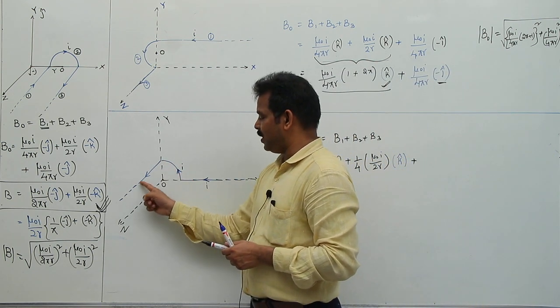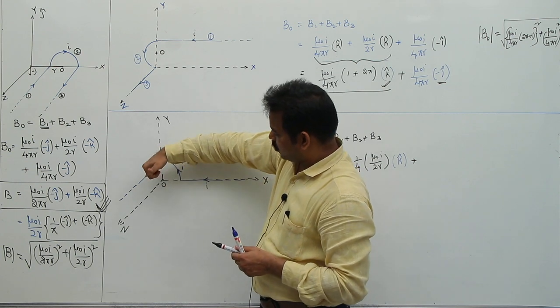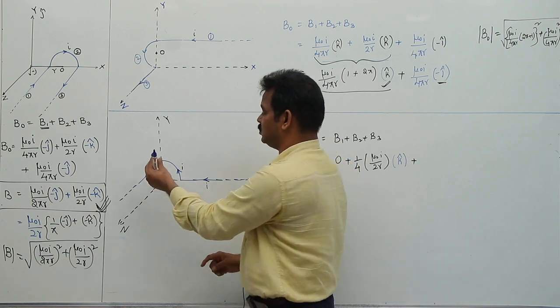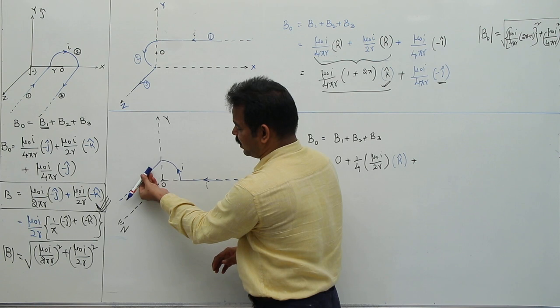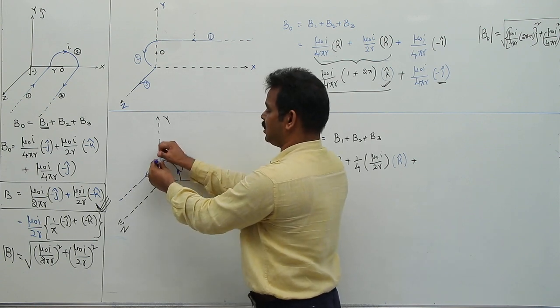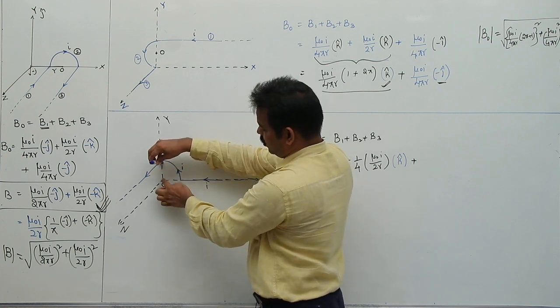Here this wire is parallel to z-axis. So current is flowing like this at point O. So we should not take like this, because this point is below this wire. The wire is placed somewhere here. In the diagram it is shown like this, but actually it is perpendicular to y-axis, along z-axis. So here current is flowing like this. I want magnetic field at a point below this wire.